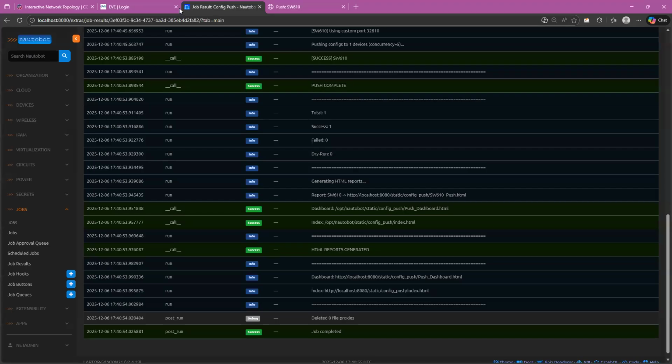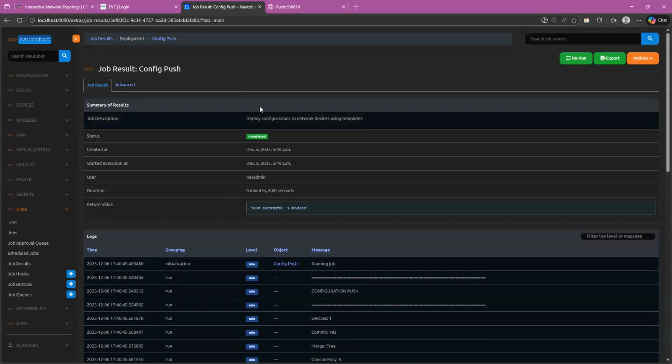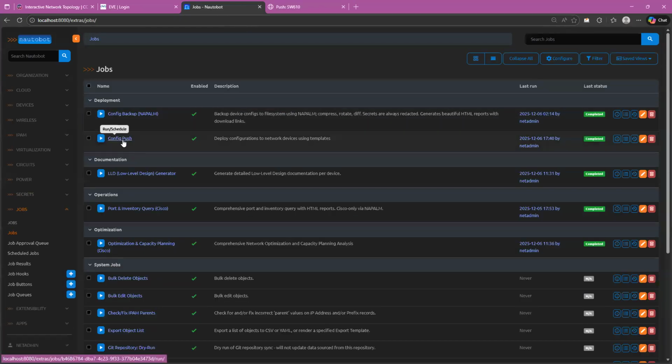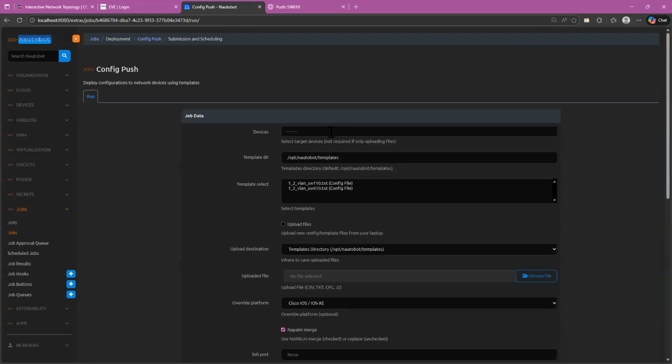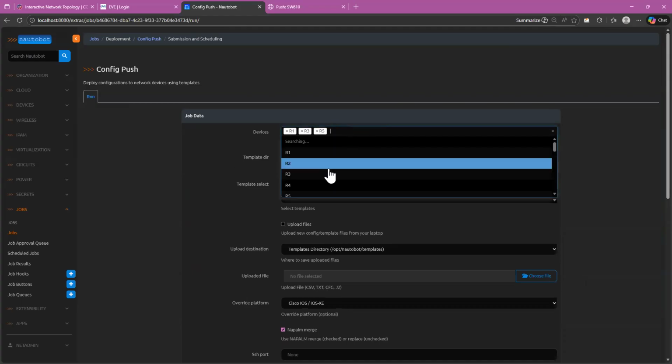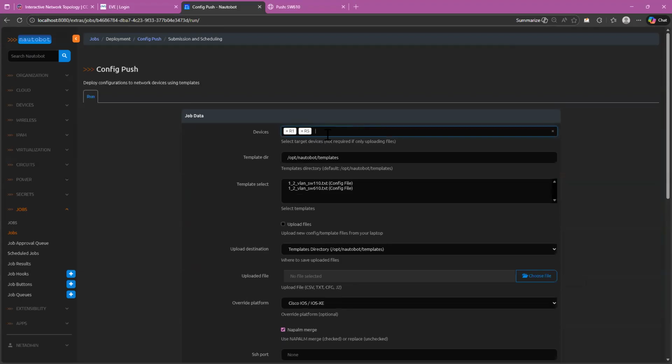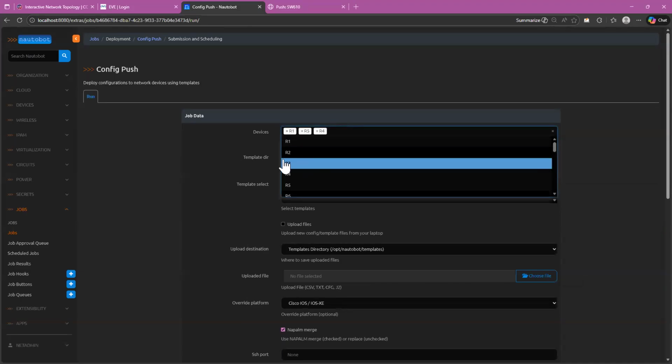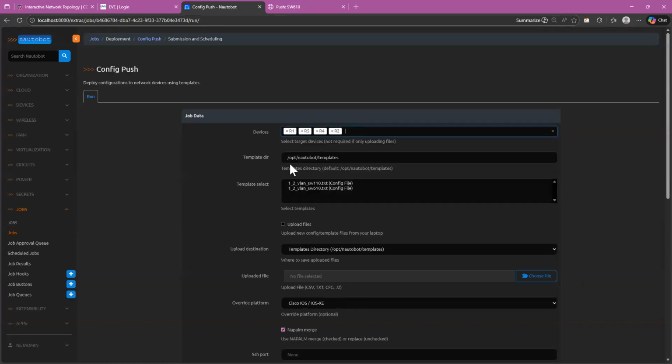So this automation, what it is telling that this is configuration push automation, that if you want to push the configuration to n number of devices, so for example, R1, R2, R3, oops, why R2 is not, okay.